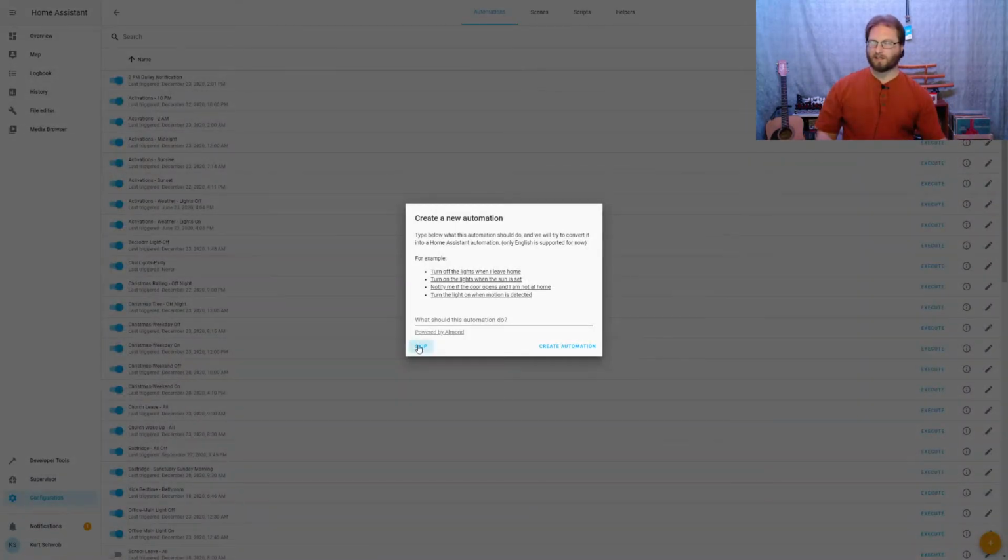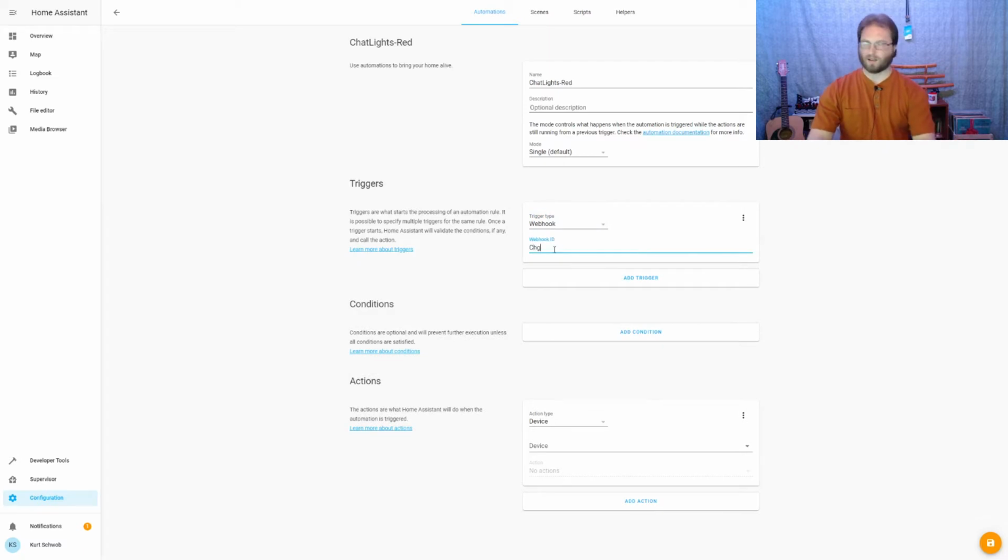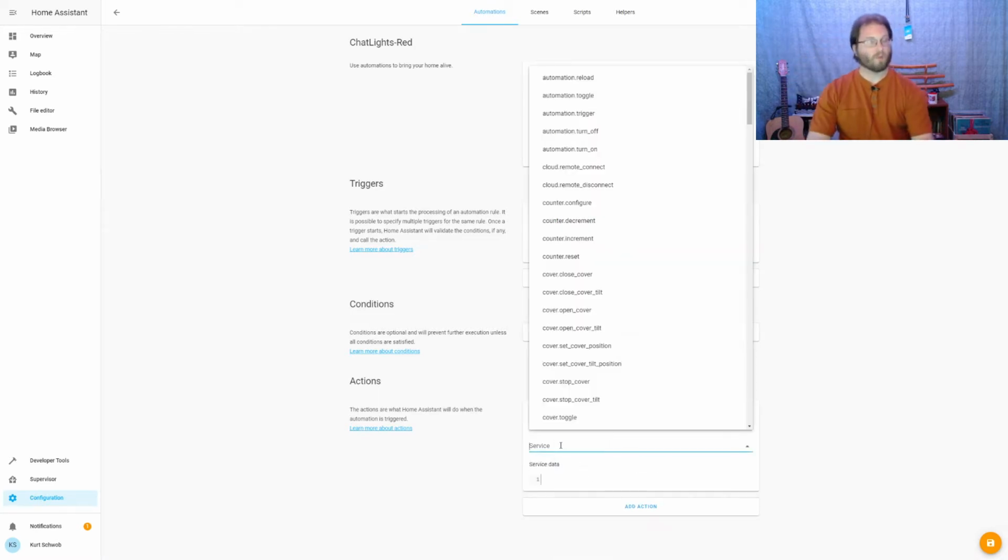Now I always skip this section and I just type it in here. So we will do chat lights red. And then down here, we will select webhooks and chat lights red. And this is what will actually be triggering the look of our scene. This top section is just a friendly name. Now down here at the actions, we will select call service. We want our lights to turn on,